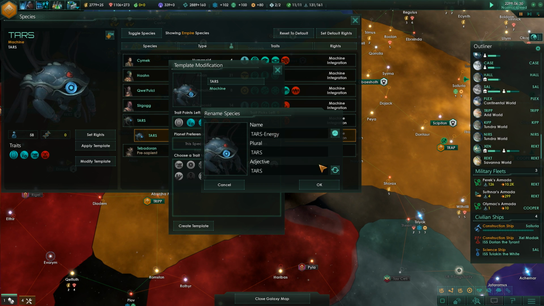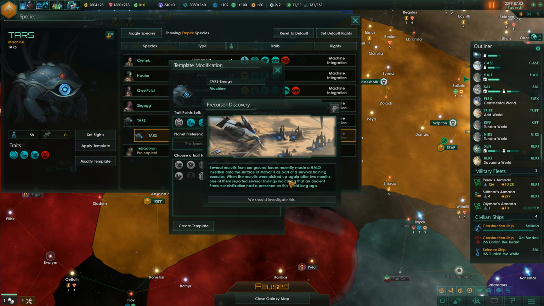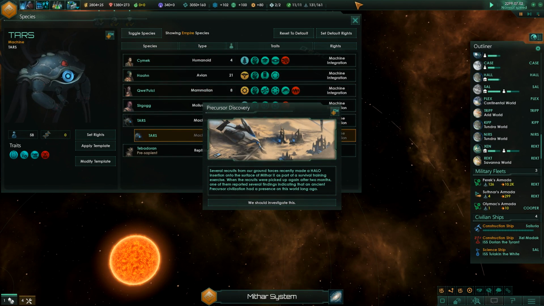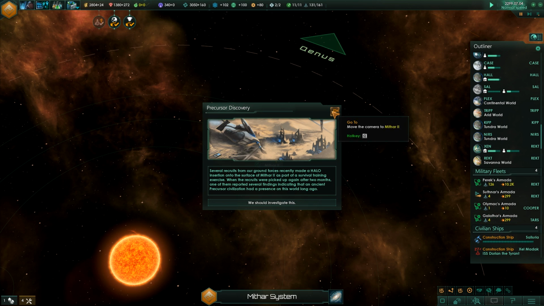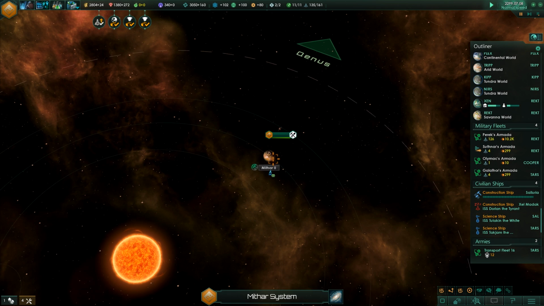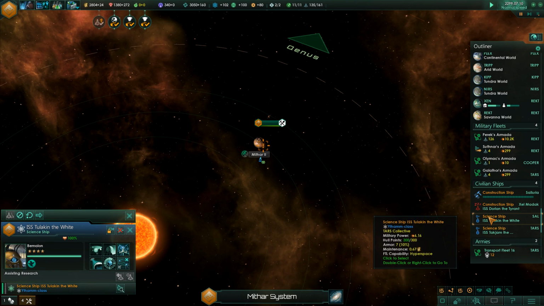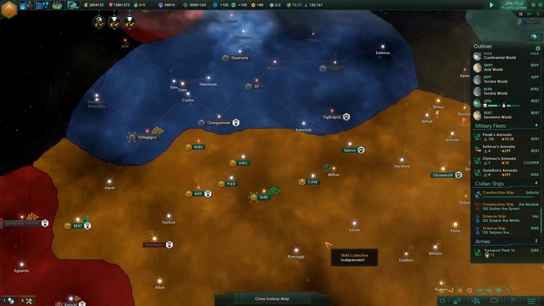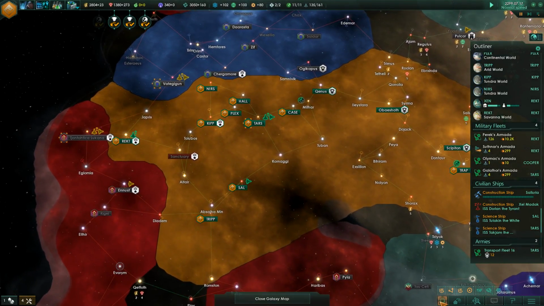Energy, which is our first design. We had a precursor discovery. Let's go check it out. I'm pretty sure that we had another one of those at some point. Not entirely sure what happened there. We need level 4 or higher. Wait, a 5 or higher even. And we did lose a bunch of our dudes earlier on, so...